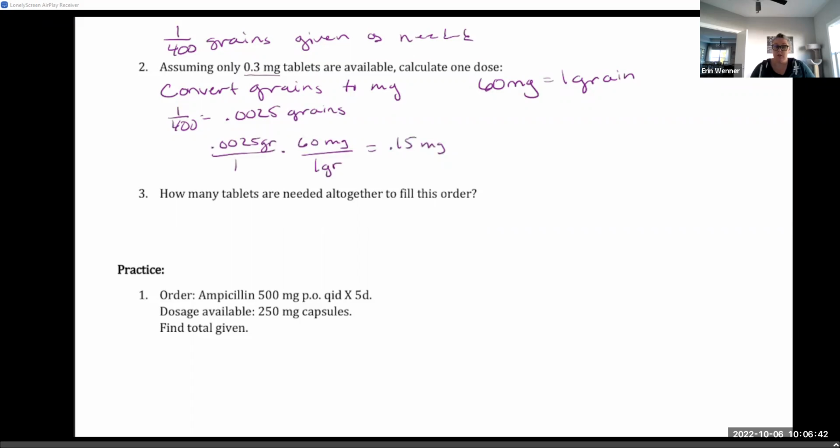So now we know what the dosage is in milligrams, but then we need to know how many tablets to actually dispense. And so the tablets come in 0.3 milligrams. So we're going to take 0.15 milligrams and multiply it by 1 tablet over 0.3 milligrams,